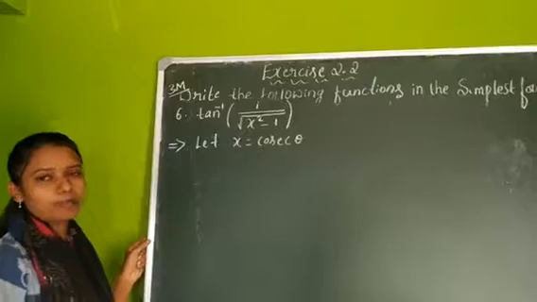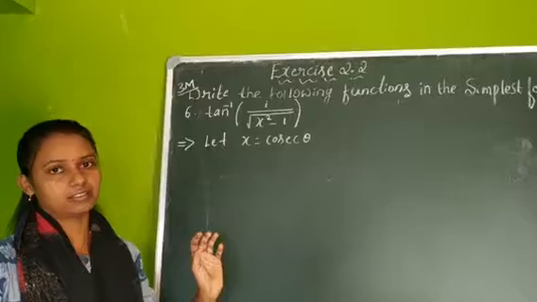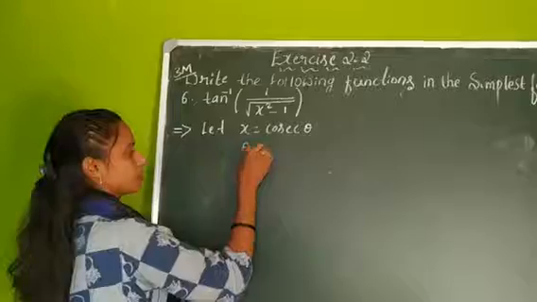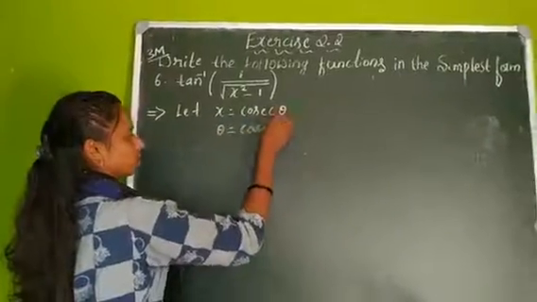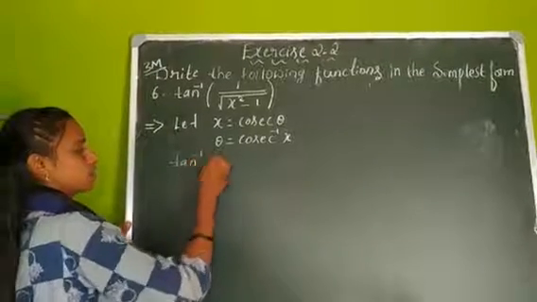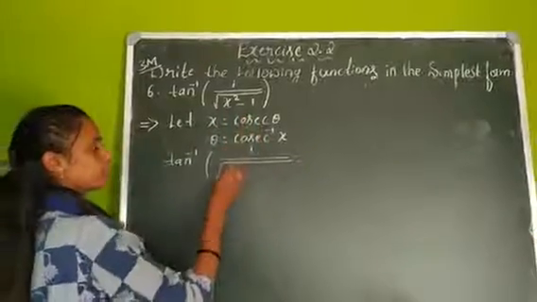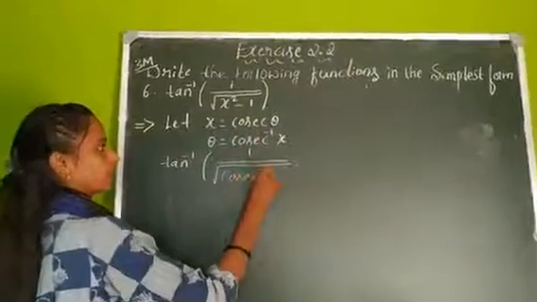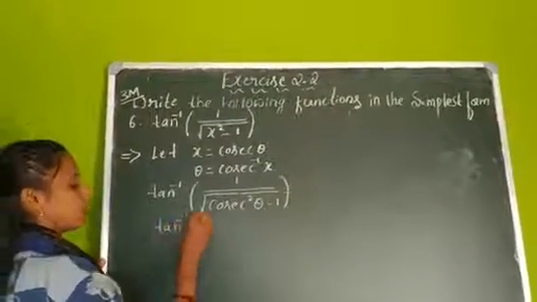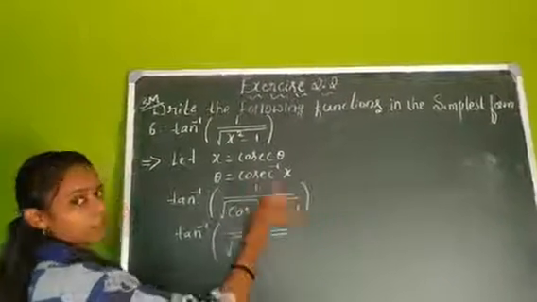So in this problem we just make use of trigonometric identities or allied angles, only those. Here, if I take this as a cosecant, then theta will be cosecant inverse x. Now I consider tan inverse of 1 divided by square root of x, which is nothing but cosecant square theta minus 1. Then tan inverse of 1 divided by square root of cosecant square minus 1 is nothing but,